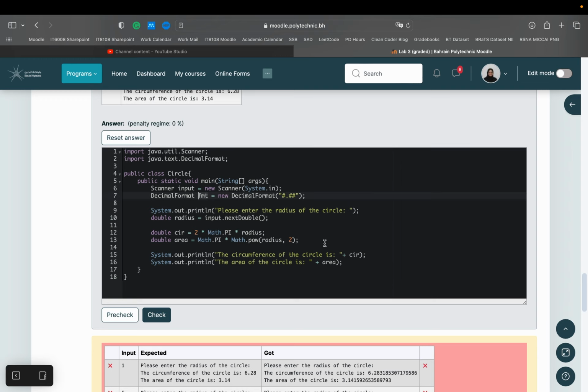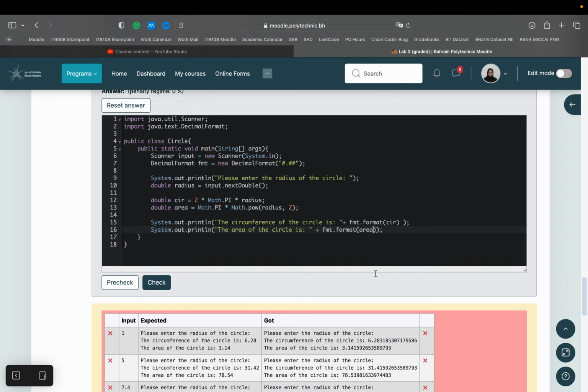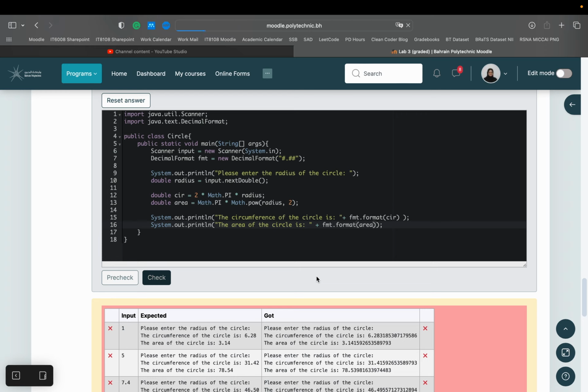So whenever I want to print the value with 2 digits of the decimal, I have to write fmt.format, and in the brackets I need to put the value that I need to format, fmt.format round brackets and then the value. Similarly, fmt.format area. So now if we check this,